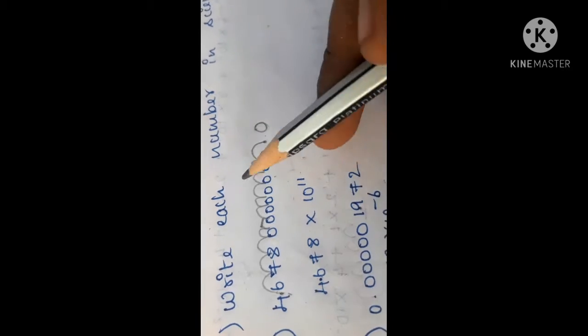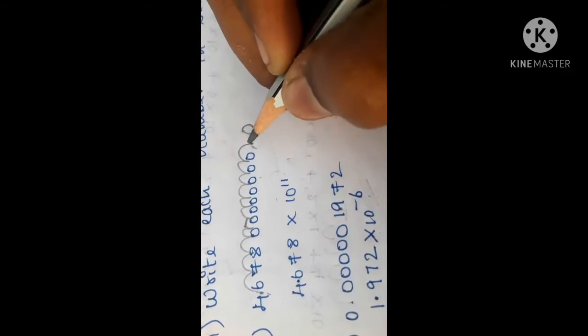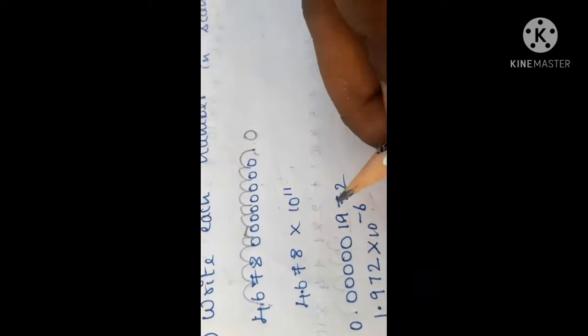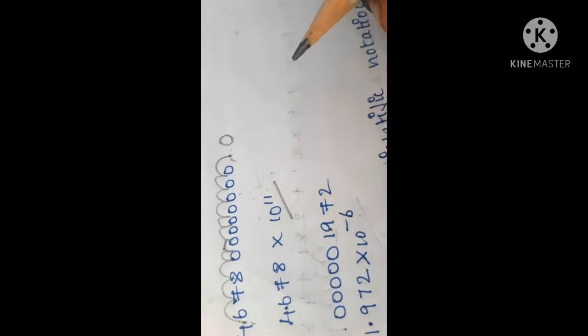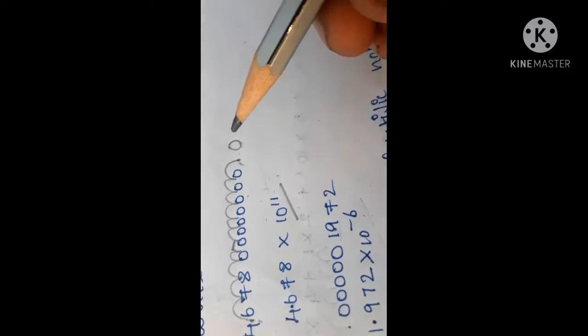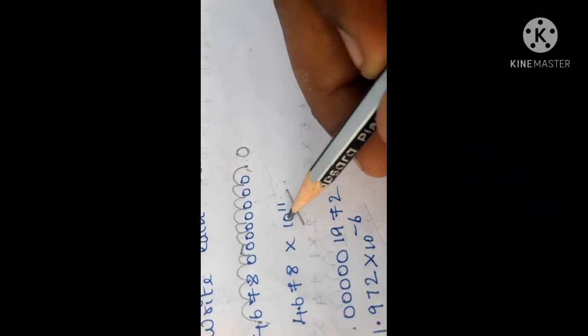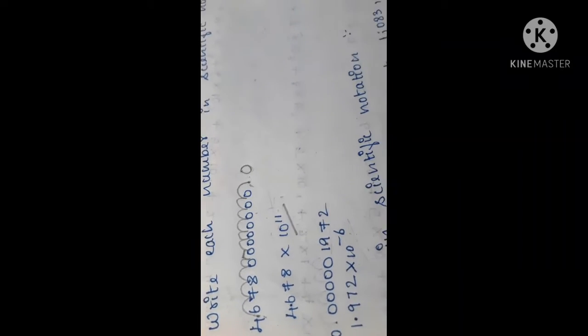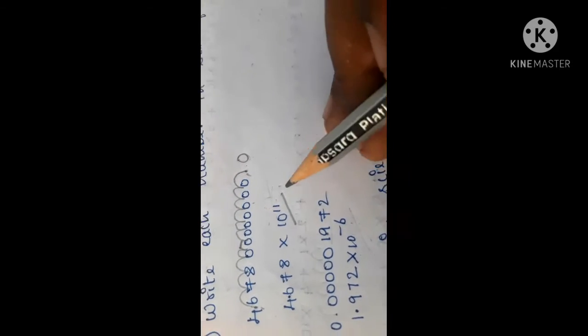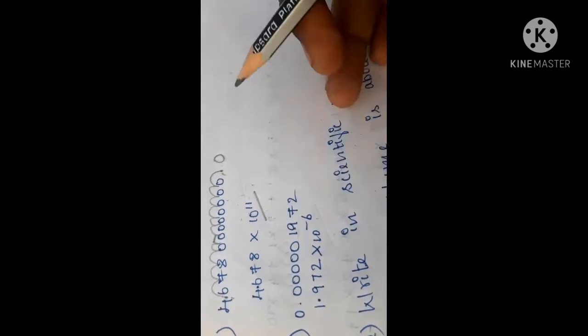So how many times we have moved it, we should see. From here, 1, 2, 3, 4, 5, 6, like that we have moved 11 times. So you should put 10 power 11. You should put plus 11 because you have moved the point from right to left. When you move it from left to right, you should put the power in minus. Then